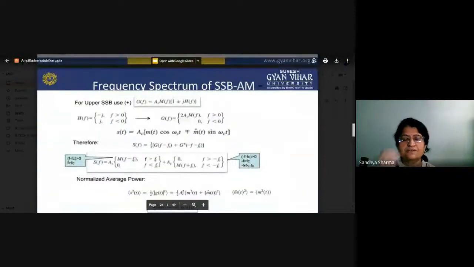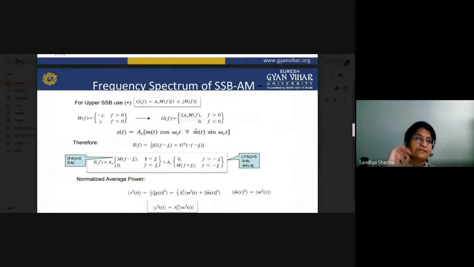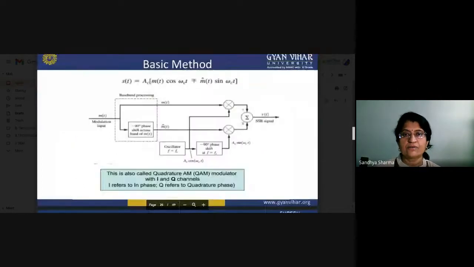Now we will compare the difference between double sideband with carrier and double sideband suppressed carrier. Before that, we will slightly revise single sideband. In single sideband transmission, either the upper sideband or the lower sideband is used. You can take any one of the two sidebands, because the same information is contained in both, so you can opt for only one sideband for communication. This is our SSB transmission, and it also reduces the amount of frequency spectrum required.